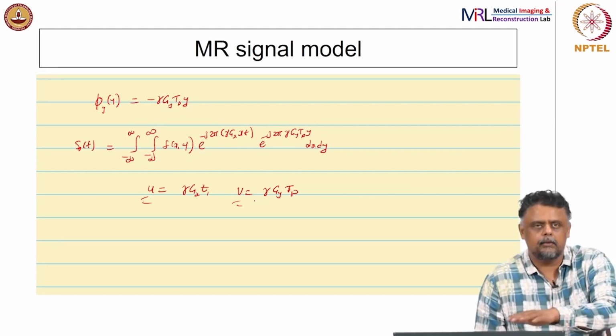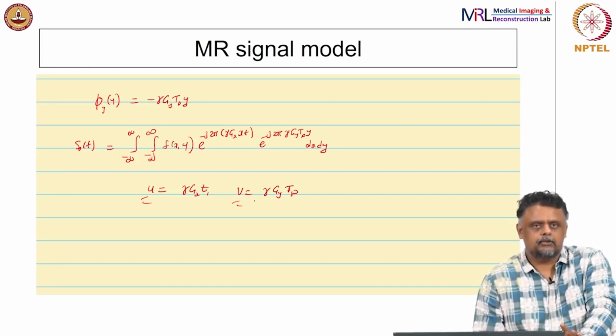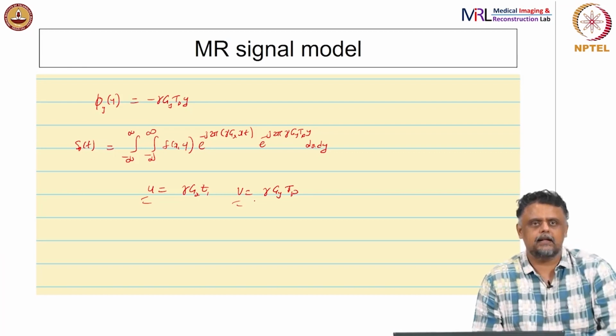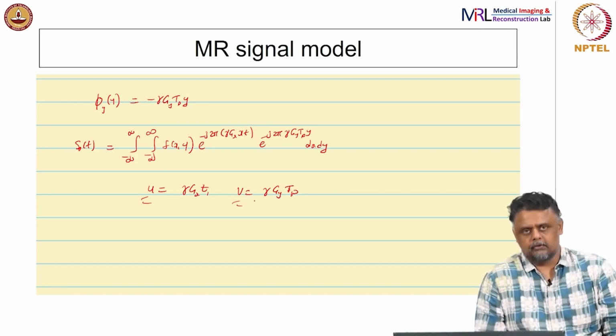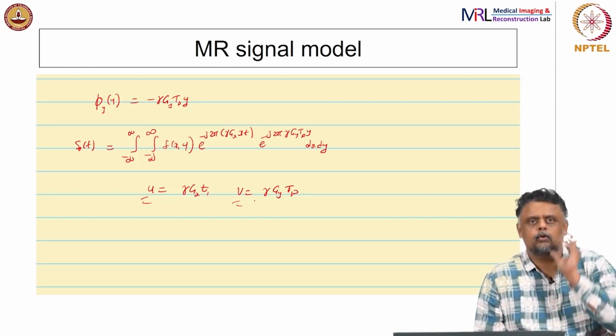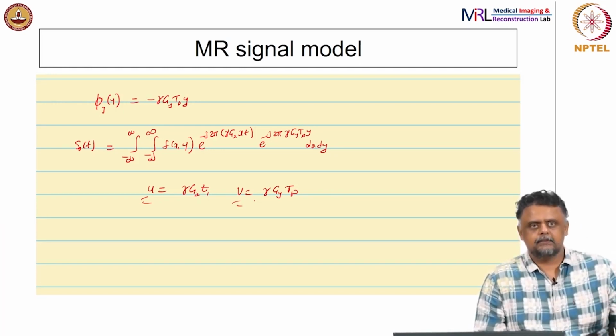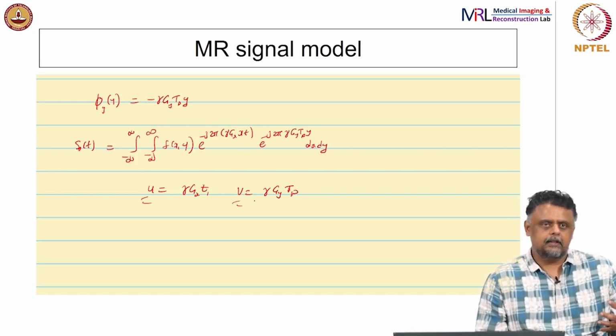We will look at some of these more practical image acquisition pulse sequences, but this is just to understand the model for your acquisition. This is the model of the signal and how you can encode your position using these gradients. That is a fundamental concept that we would like for you to understand. So, that is how it works, and that f of x y, that function that you are measuring,